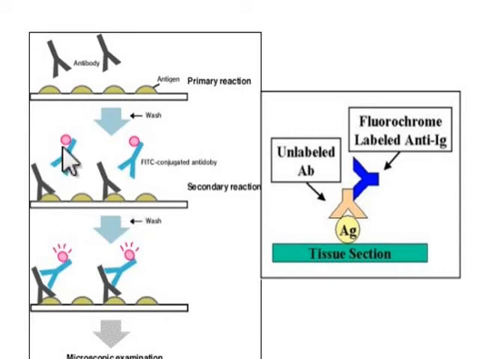ఇక్కడ ఏమవుతుంది చూడండి, these are the tissue sections that contain the antigen, then we are applying the primary antibodies, and after applying these primary antibodies, the reaction occurs between the primary antibody and antigen. Next we add fluorescent labeled antibodies, and these fluorescent labeled antibodies conjugate with the primary antibodies, then they show the fluorescence, and this is observed by microscope, and this phenomenon is called the indirect fluorescence.